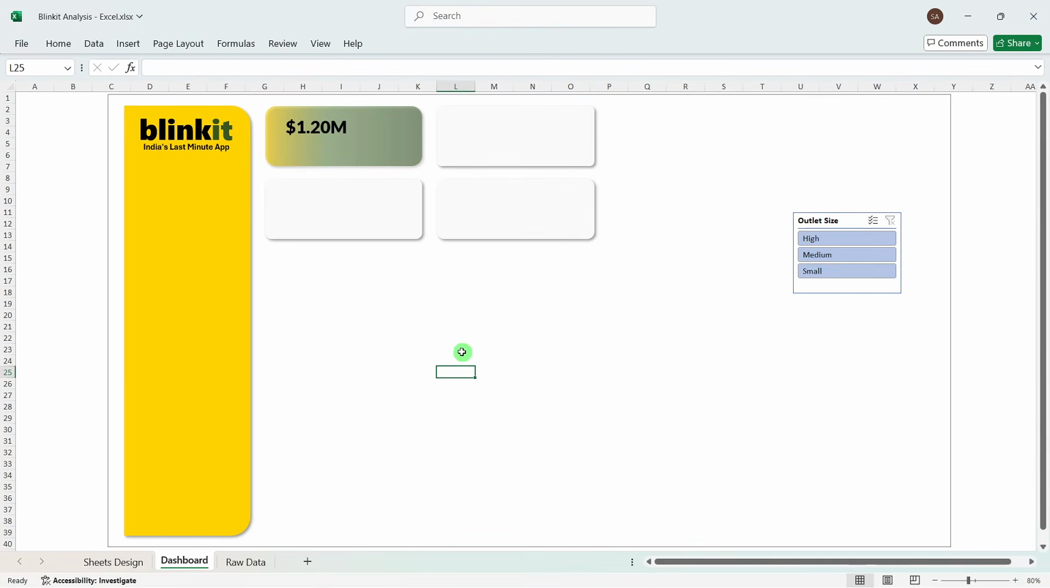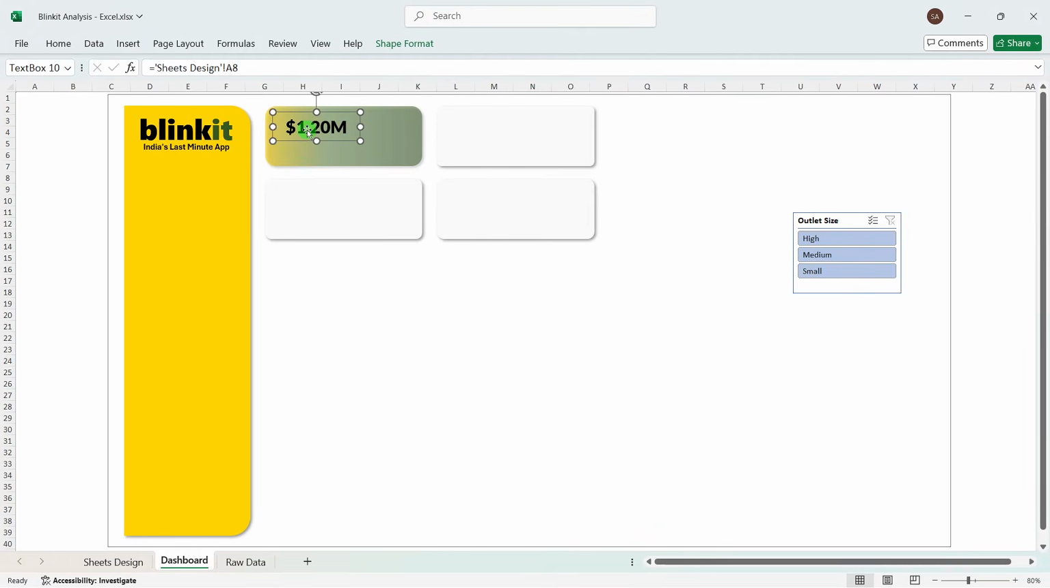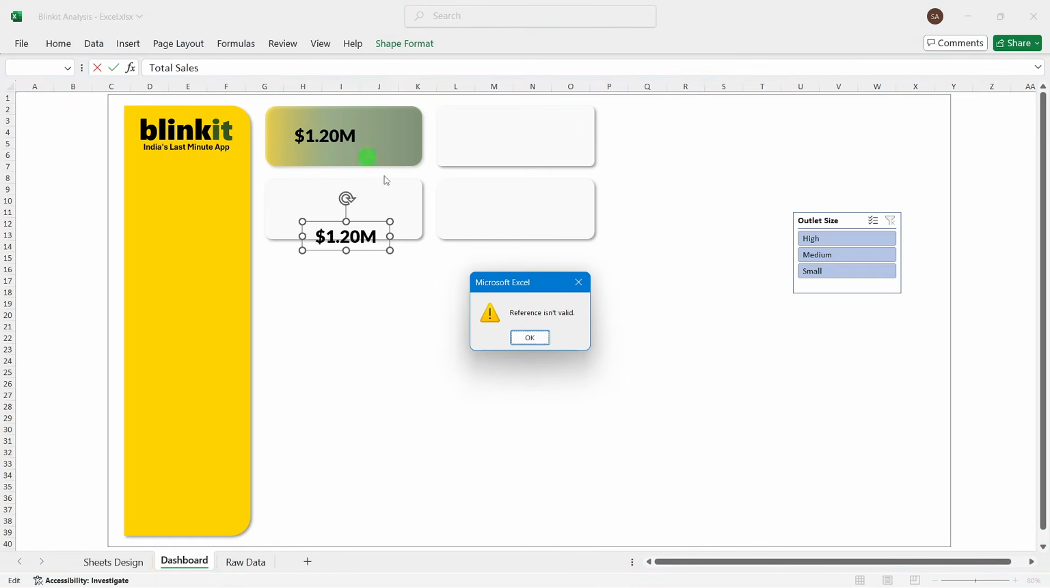Okay, perfect. Now I have to add the total sales as a title name also. So I'll just copy this itself, Control V. Okay, just select this, and delete everything whatever we have, and I will name it as total sales. Is it saying reference is valid? Okay,